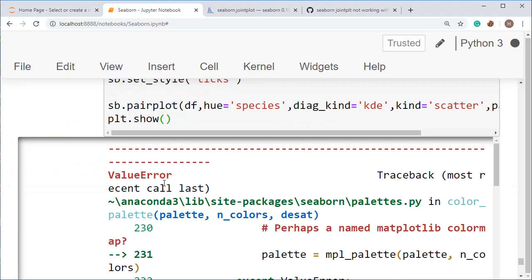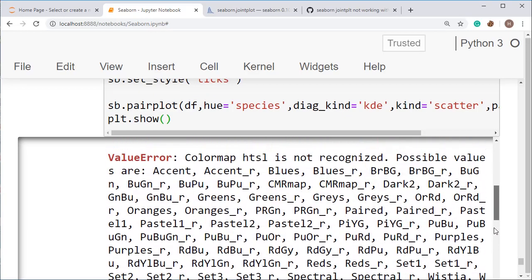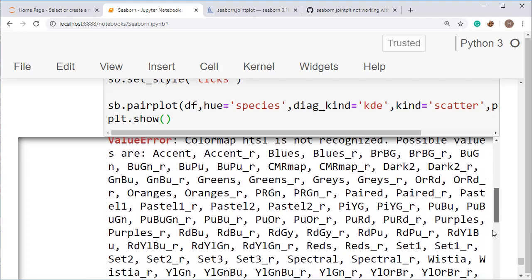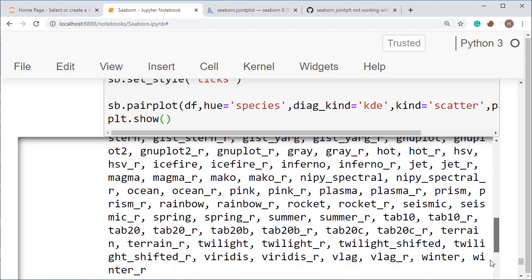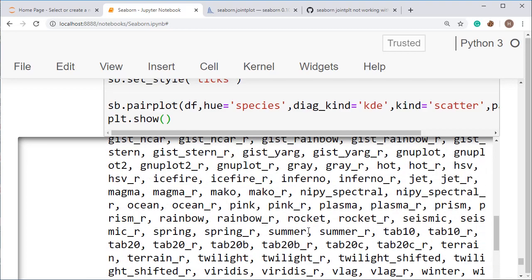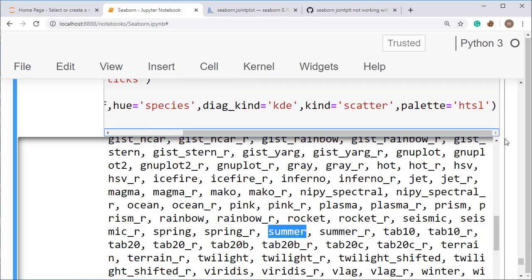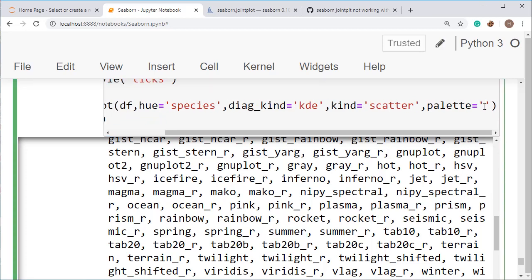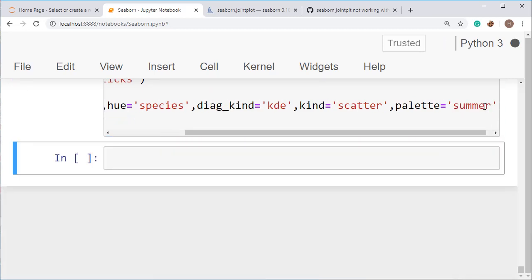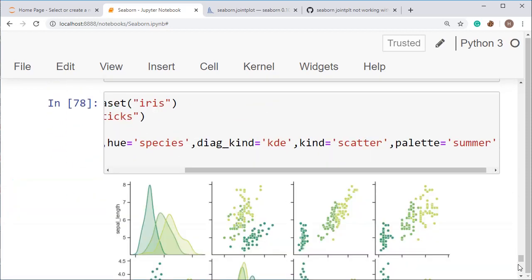All right, so when you run this cell, it's displaying an error, and it's actually for the color palette. I've used the wrong keyword, so the thing has been changed. So let's take summer. Okay, summer is coming. So let's take color palette as summer. Put it here and run this cell, and you will get a plot. The cell is actually running till now, so wait for the result. All right, so see here.